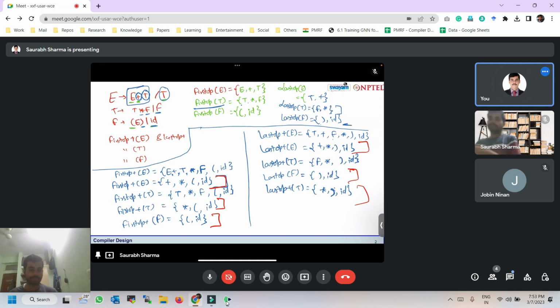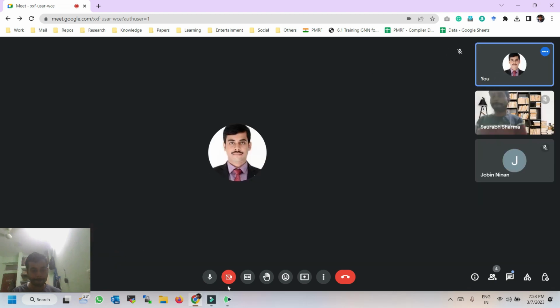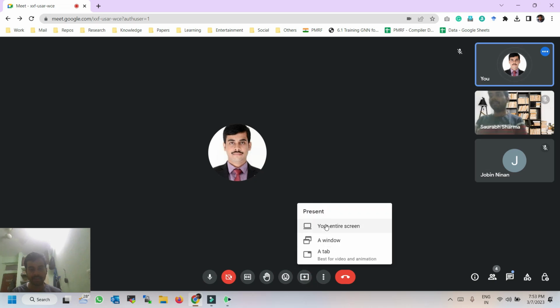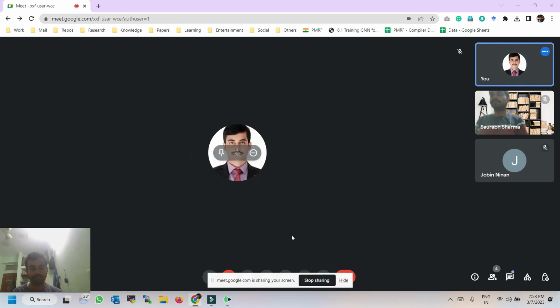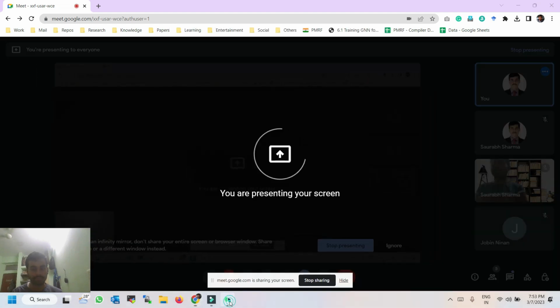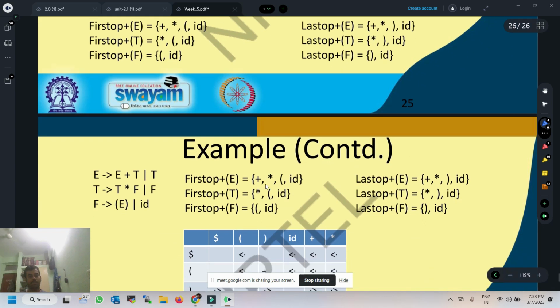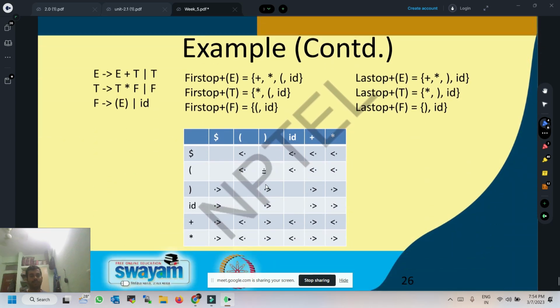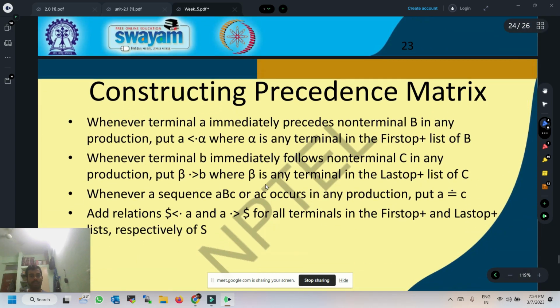Now coming to the next part, how we will actually take a decision on precedence. So this was the case. Now we are given this first stop plus and last stop plus list. What we will do is take these rules for constructing the precedence matrix. For this,